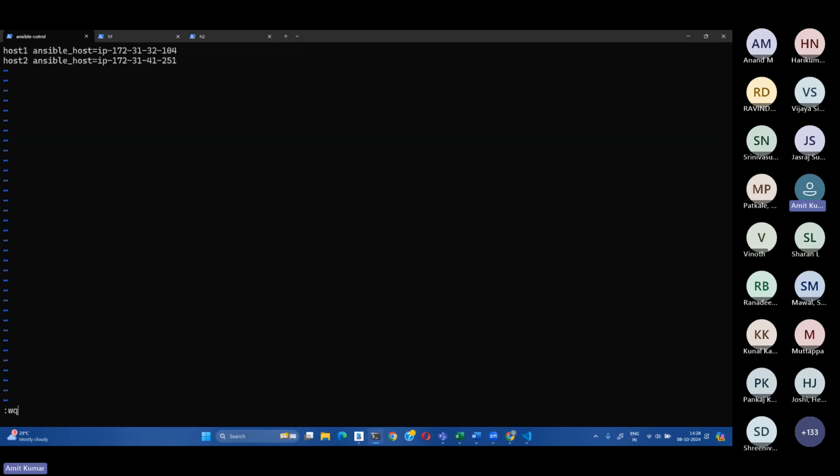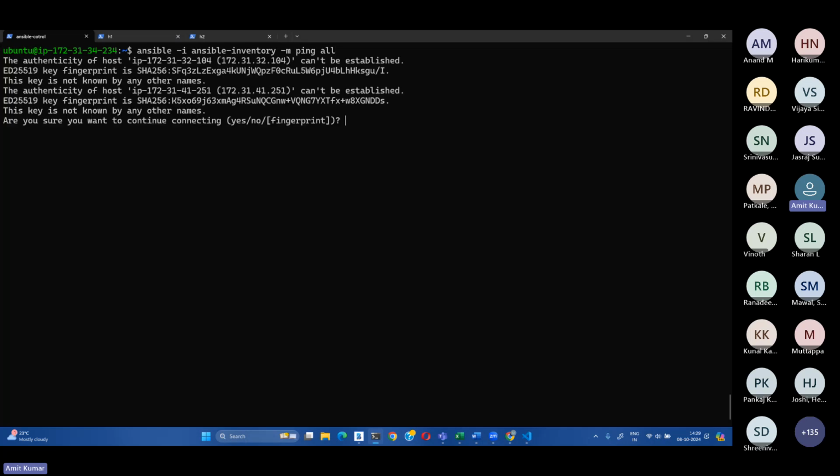Right? Save it. And the first thing is we are going to test if Ansible can read all the machines from this inventory file and can connect to it. So I'm going to run a command called ansible -i ansible inventory. That means Ansible use this inventory and then use the module ping on all the systems. I'm going to talk about it later, what this command is doing. But if I run this command,